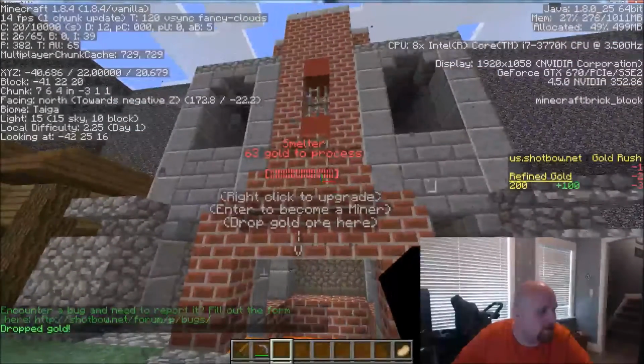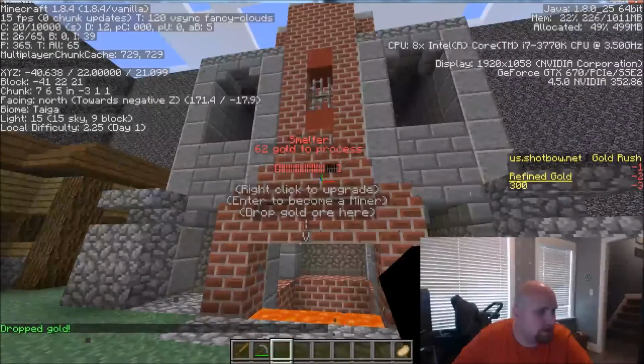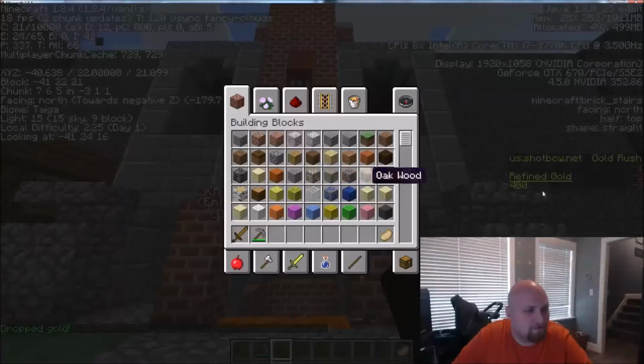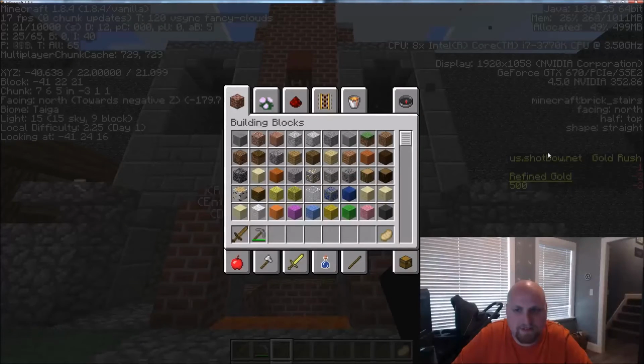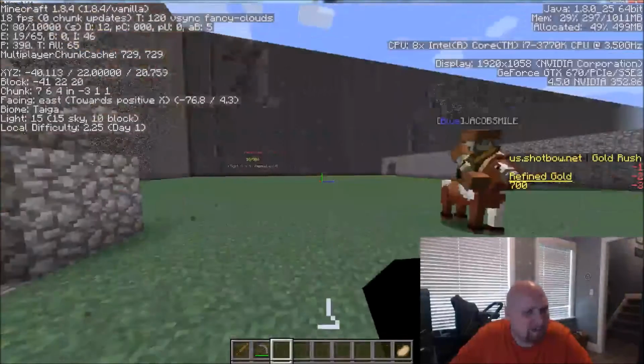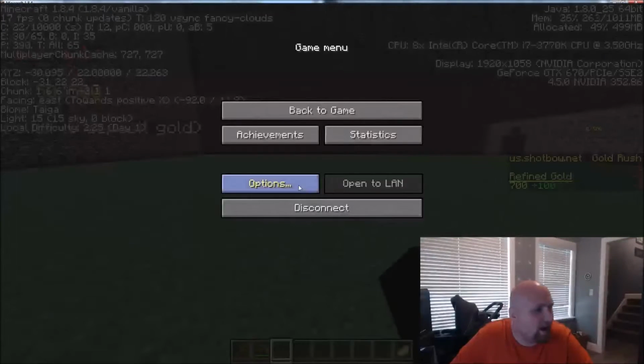As you can see, you've got 63 gold, so your smelter's processing. But look over here. Look at this. Look how beautiful that is. I worked so hard to animate that. It's just one of those things. I'm going to point out how wonderful I am. I'm sorry. I probably should, actually.